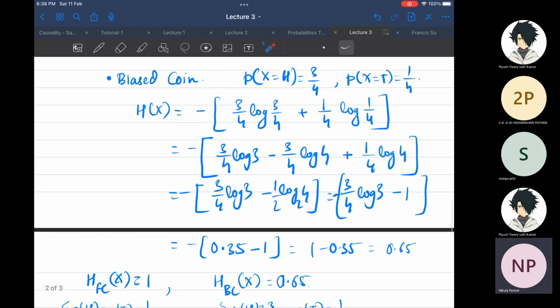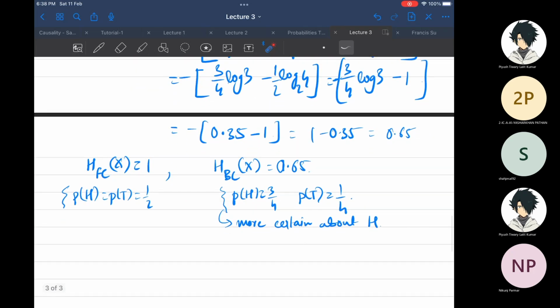Okay, but this is just an intuition. To formally prove my point, I substituted these values in the formula of entropy, and this is nothing but the substitution of these probabilities in the formula. We did some calculation. The calculation involves log and all those things, so you need a calculator, and I did those things, and it came out that the entropy of this biased coin is now 0.65, right?